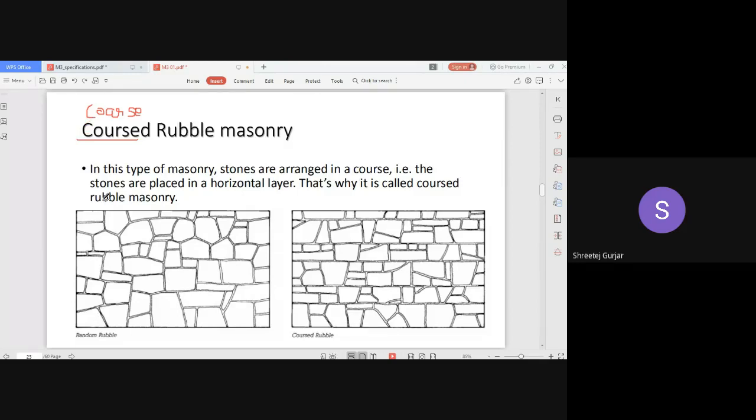The first one is regarding size. Coarse means larger size, and fine, the opposite, means smaller size, like fine aggregate and coarse aggregate. This coursed depicts layers, a sequence. You do your bachelor's course, then your MTech course, then your PhD course, one after the other. Remember the difference and do not write coarse masonry. It gives a wrong meaning.